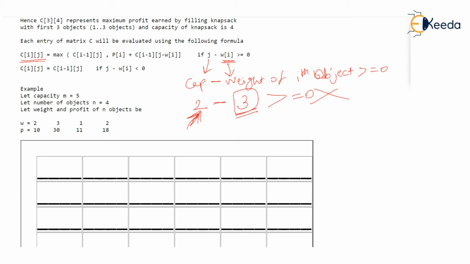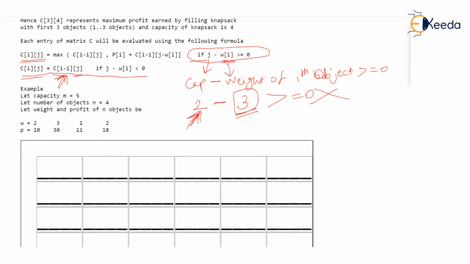Hence, as this if statement is false, we will be using our second formula, isn't it? And what the second formula says is that don't add the ith object. Look at that. Cij is Ci minus 1 j. i was the number of objects, and j was the capacity of the knapsack. So it says that if the knapsack is breaking by adding the ith object, it's better not to add it. So go with i minus 1 objects. That is, if you are finding C33 and the third object is going to break the knapsack, then go for C23, isn't it? Ci minus 1 j. Cancel out the ith object as it is going to break the knapsack.